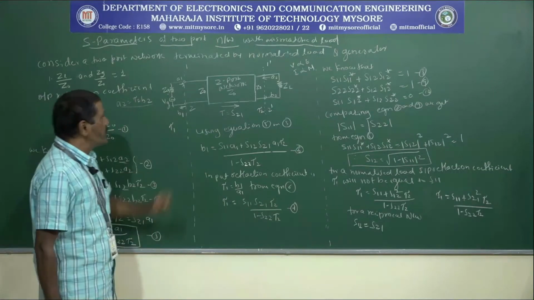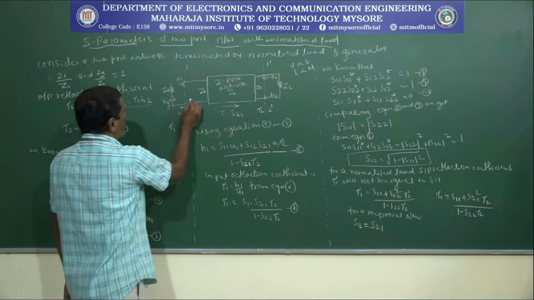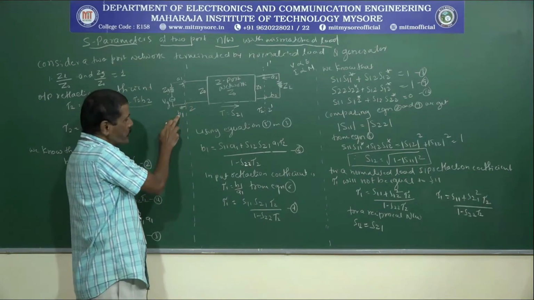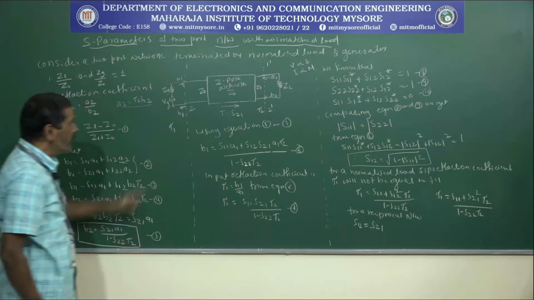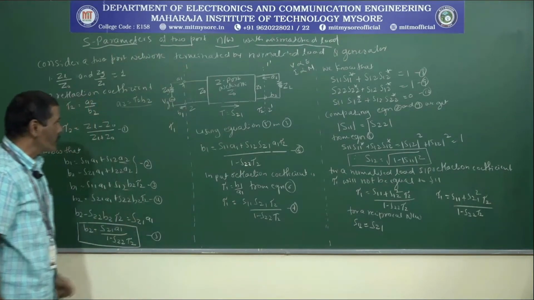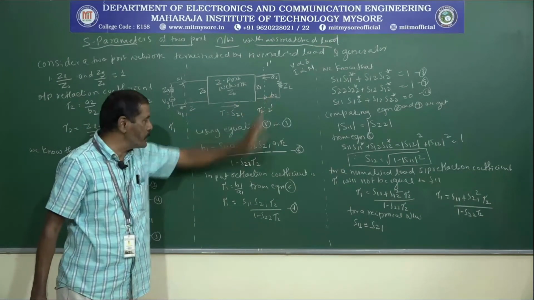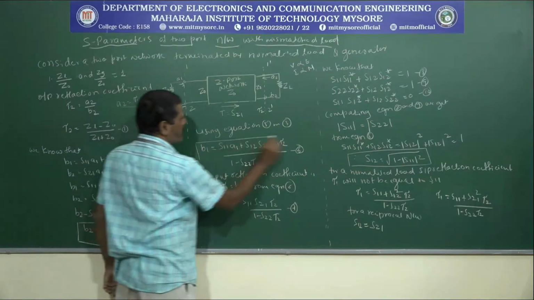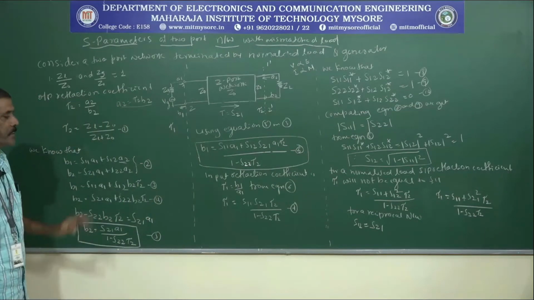Okay. Now, this is going to give us the value of B1. This particular B1 is present at this particular point, at the input side. That means for this mismatched network, whatever the values of B1 and B2 are here, they will be calculated from this equation and this equation.